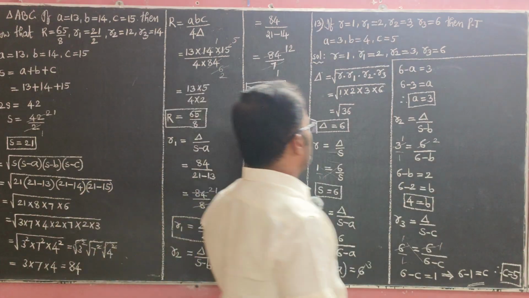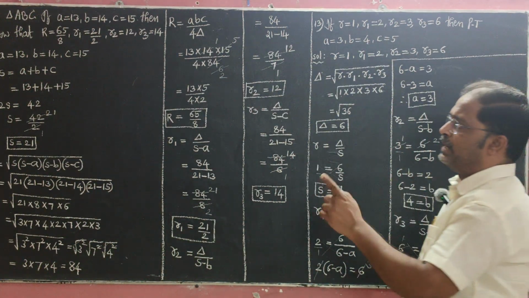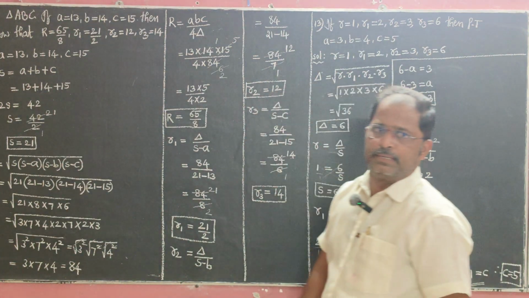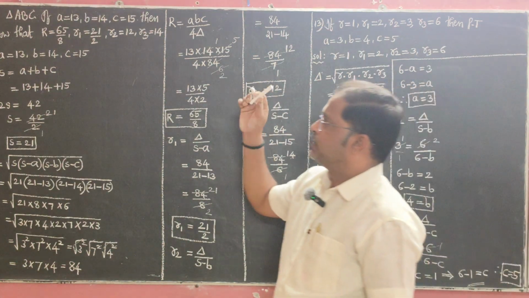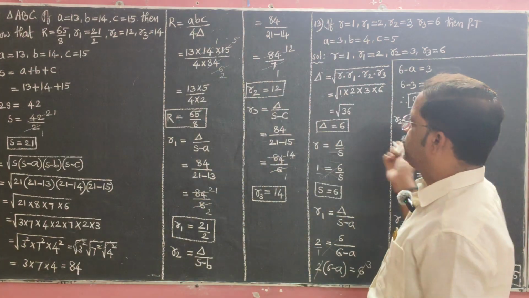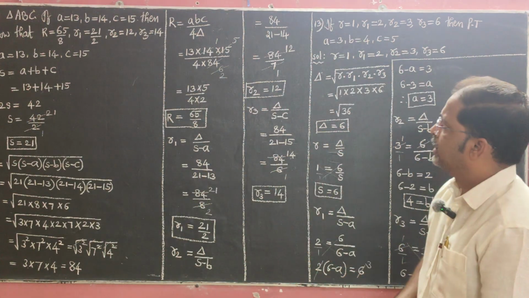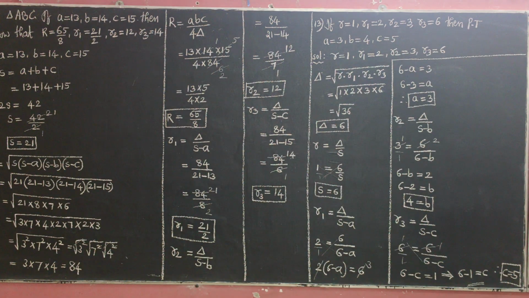Clear? These two problems are very repeated problems of properties of triangles in trigonometry. In trigonometry, from the chapter properties of triangles, these two problems are the maximum repeated problems. Okay, clear? Right. The next question is,